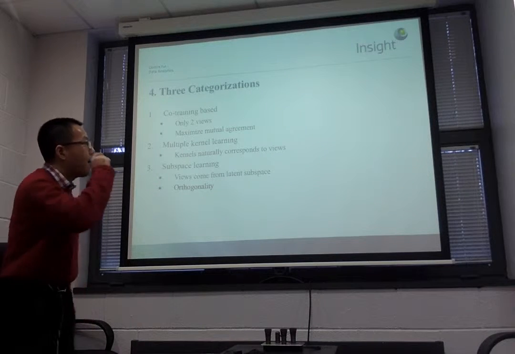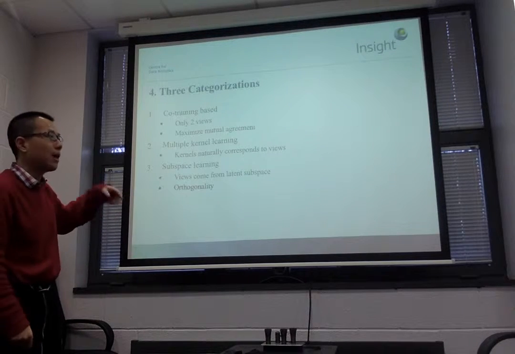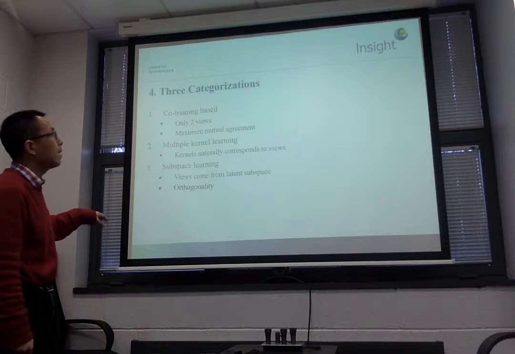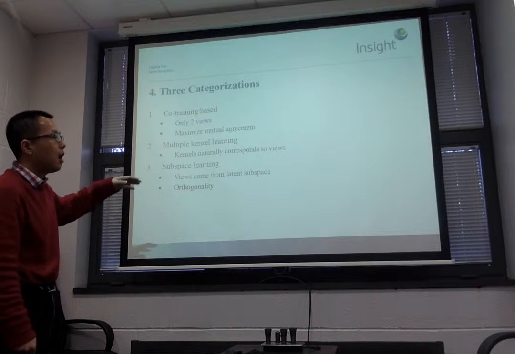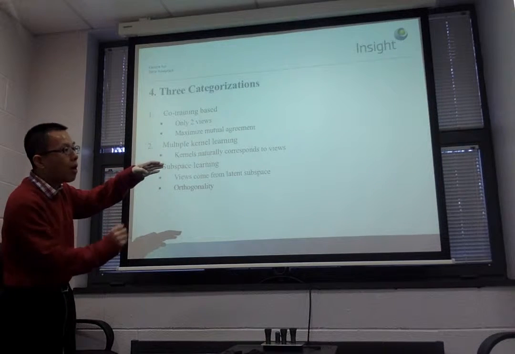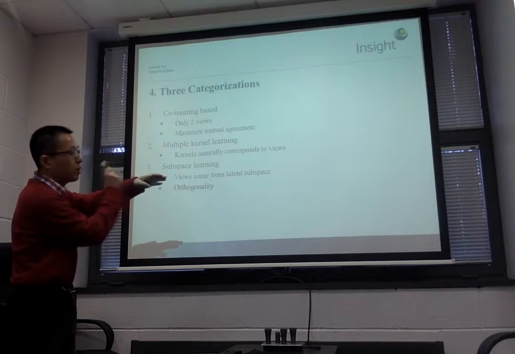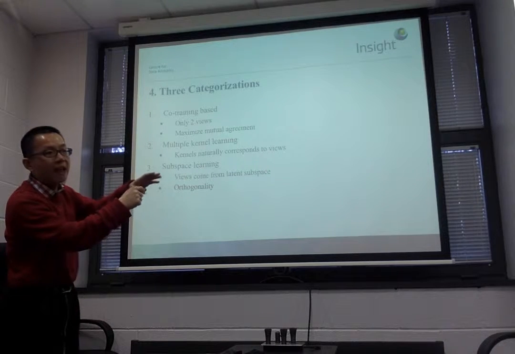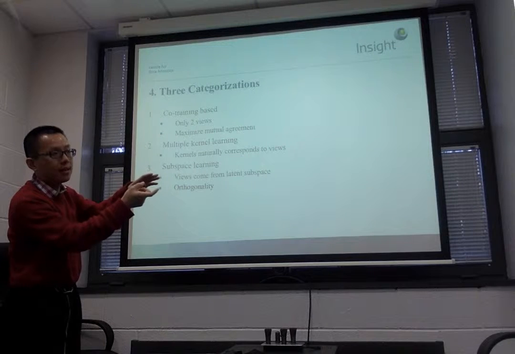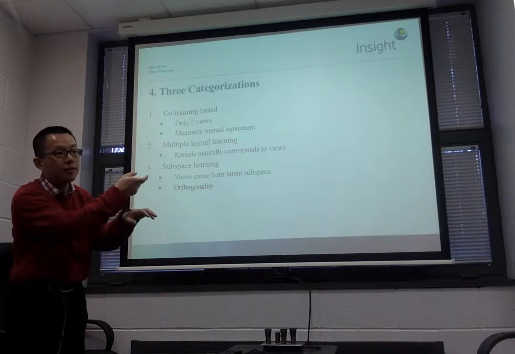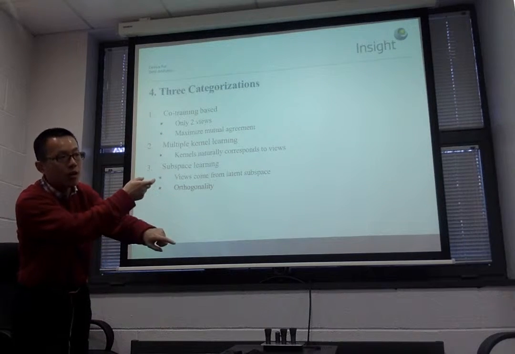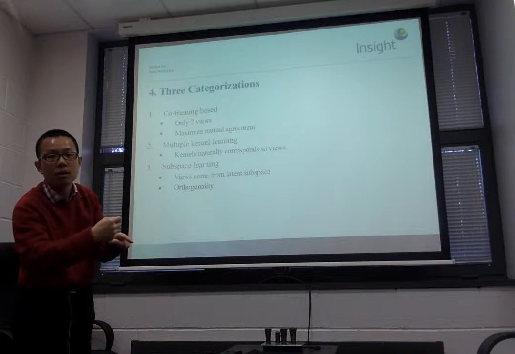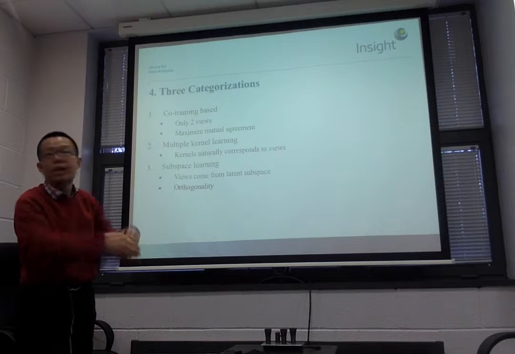So now there are 3 approaches based on the 2 principles. The first is co-training. For example, you have the first view and the second view. The first step is you use the information from the first view to train the model, and then you predict the labels for the second view, and then you combine that to train a more robust model. It is a more iterative way